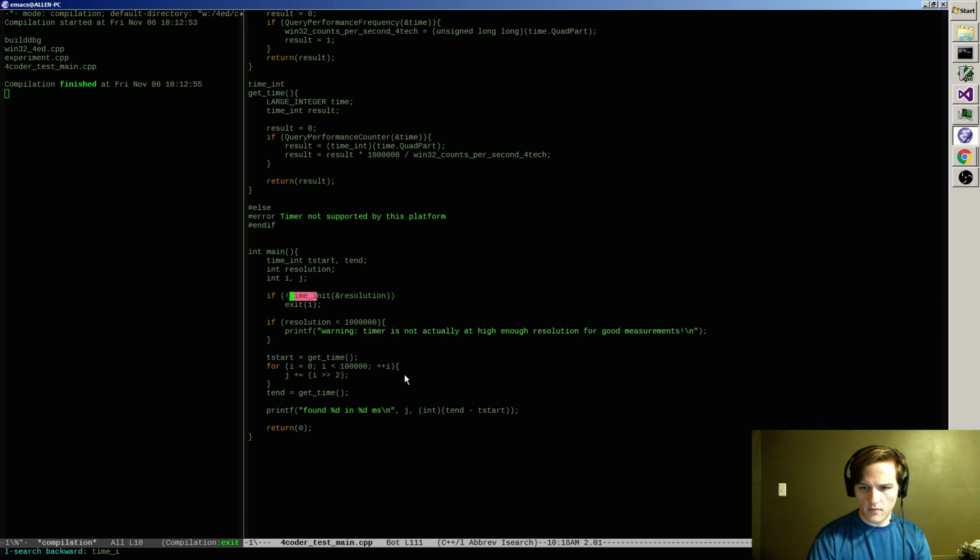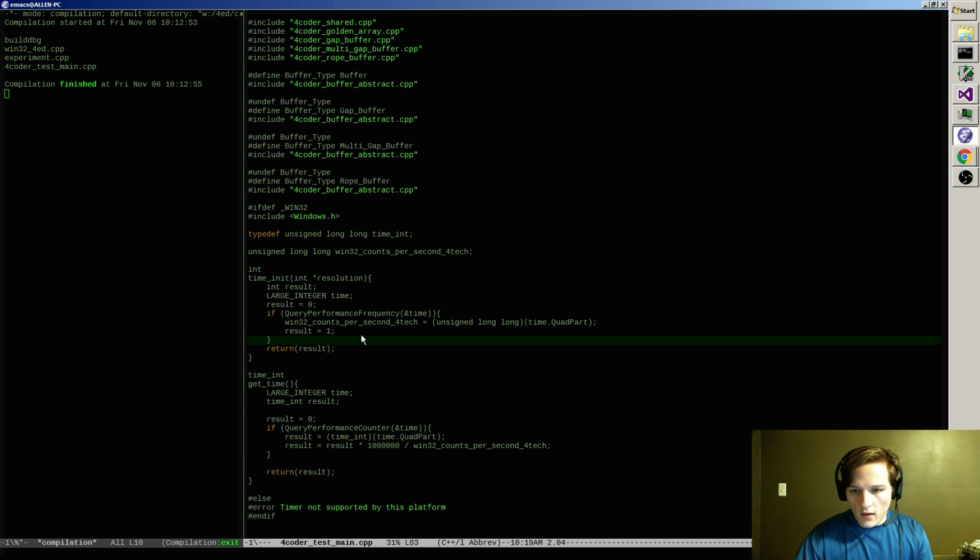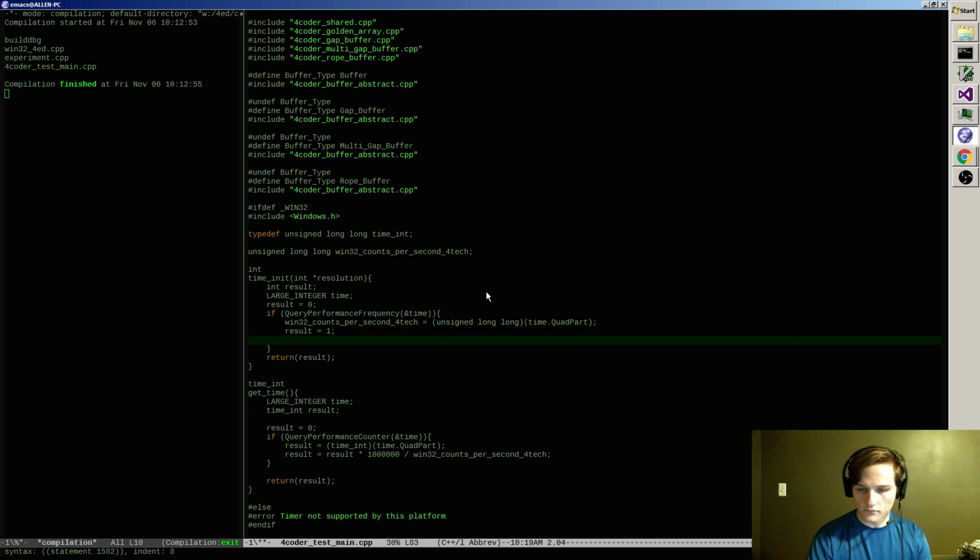And then time init will have to output an int pointer resolution. And so resolution is basically counts per second, in this case.